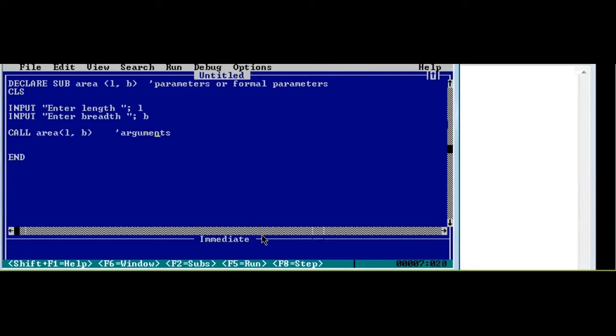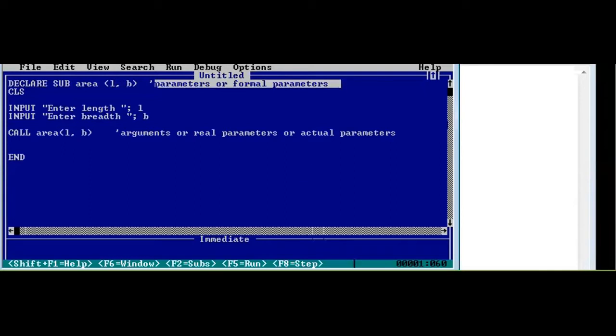It is known as real parameters or actual parameters. Okay, it has these many names. Arguments are also referred to as real parameters or actual parameters, whereas parameters are also known as formal parameters. This is what you have to understand.